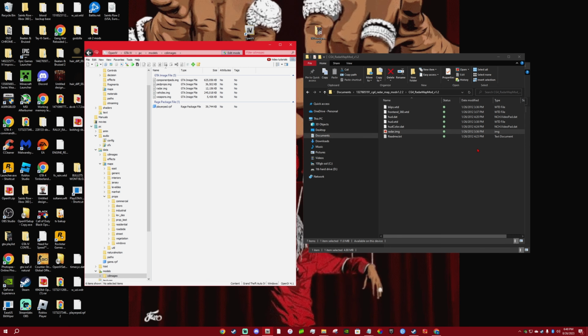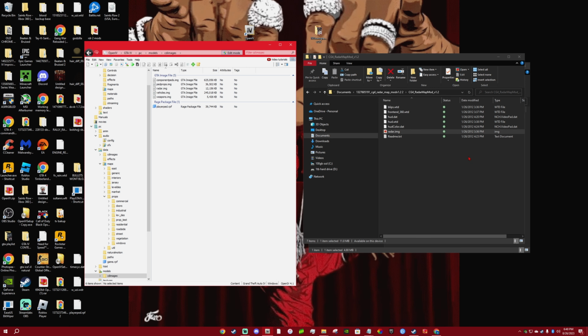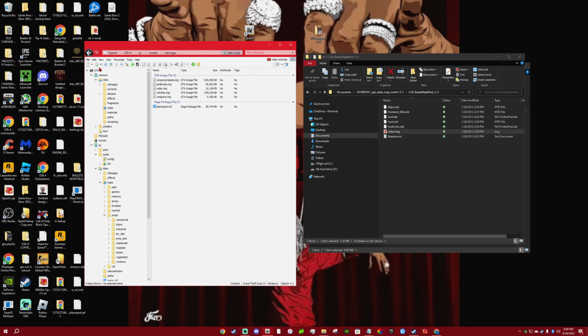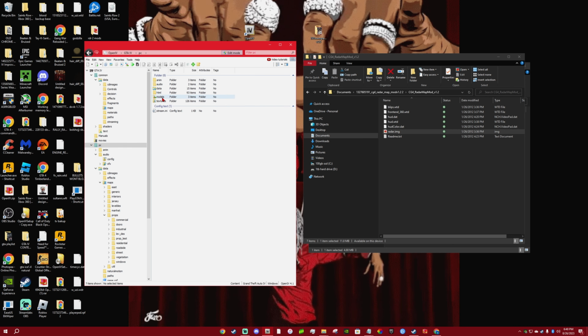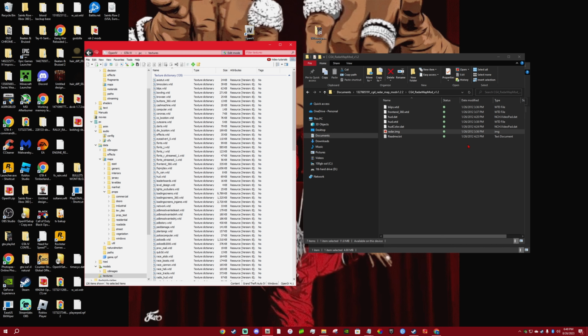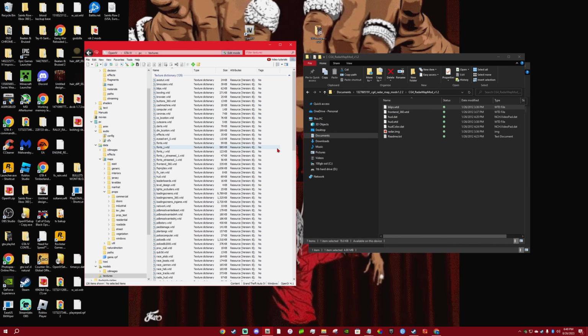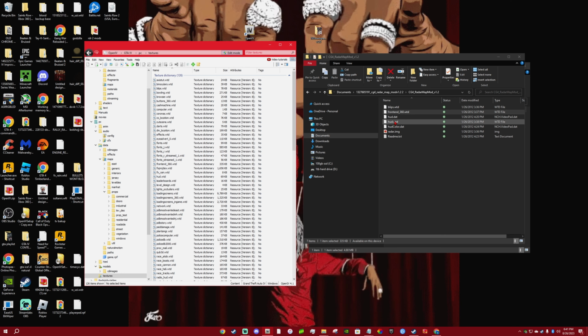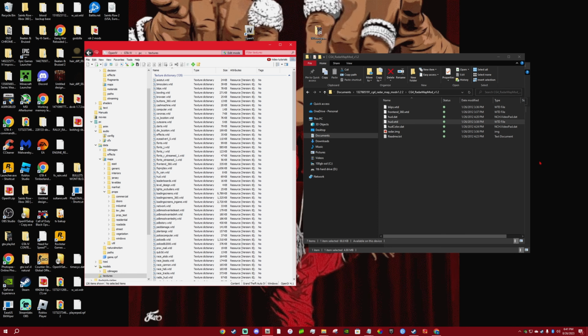The next place you want to go is GTA IV, PC, and then textures. This is going to replace blimps, fronted 360, and HUD WTD. So you want to take blimps, drag that in there, fronted 360, drag that in there, and then HUD WTD, drag that in there too.